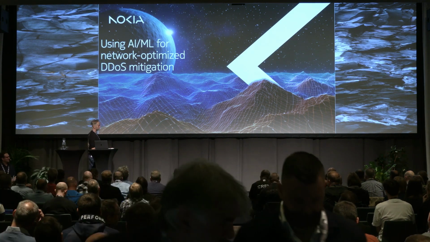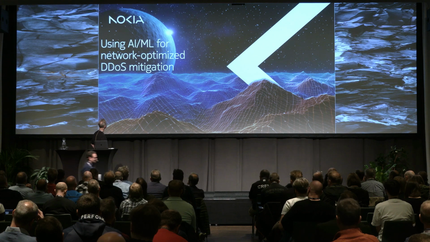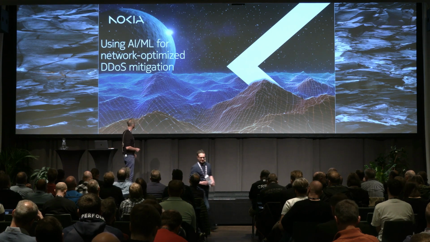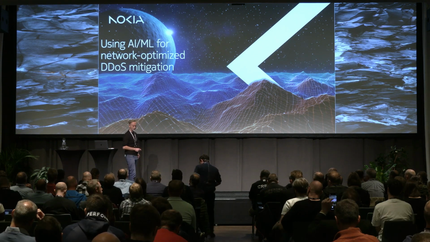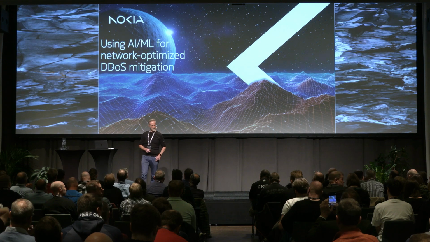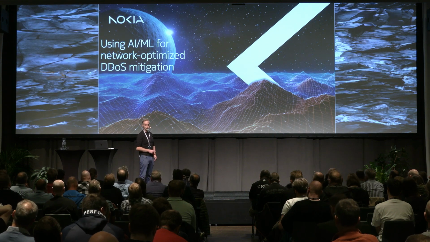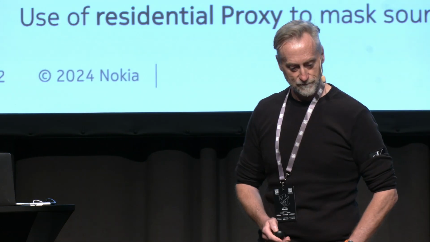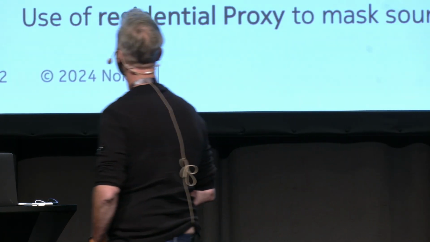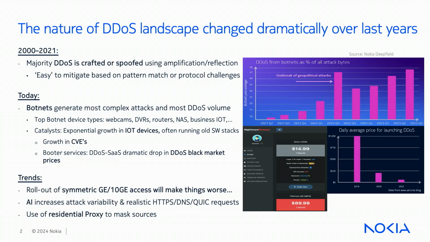Hello. So what I'll be talking about today is different types of DDoS attacks that have occurred over the past few years, and how we will use AI and machine learning for network optimization for denial of service attacks. So this just talks about the threat nature and the current landscape of DDoS attacks that has dramatically changed over